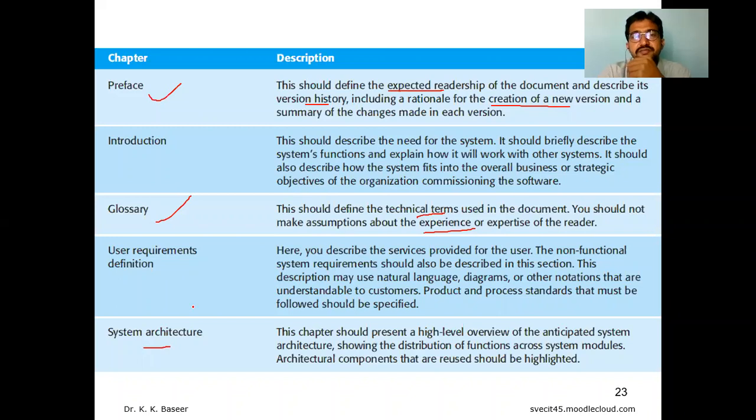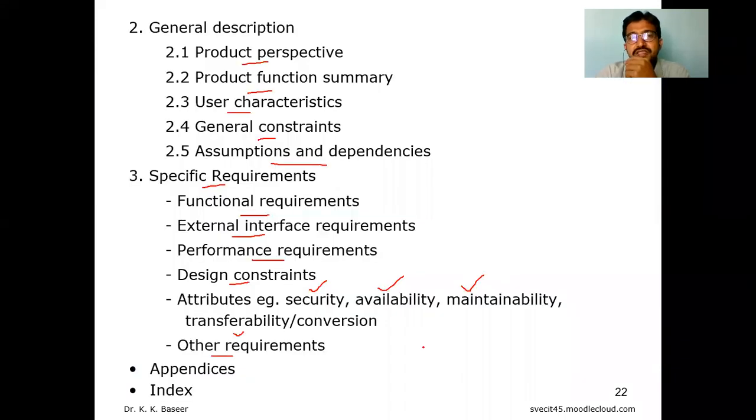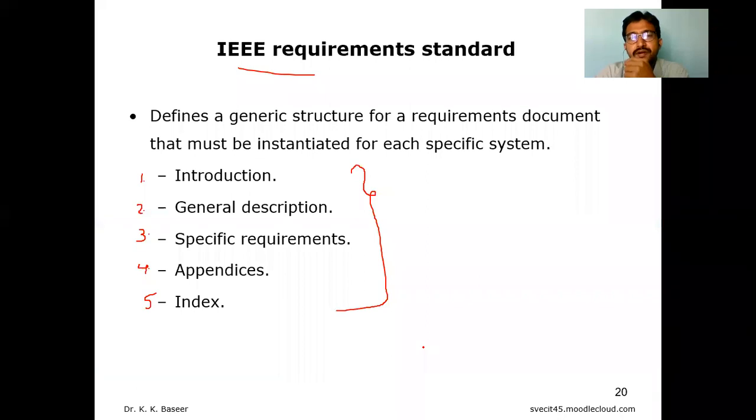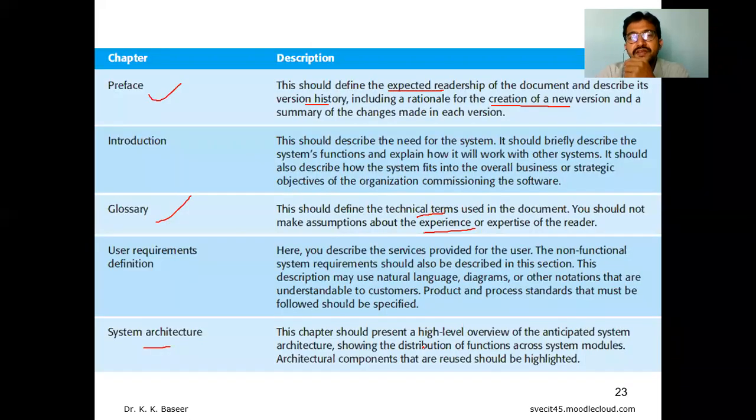Next, we'll talk about the system architecture. In the system architecture, if there is any sort of diagrammatical representation, then you can use a chapter like system architecture. So not only this template, as I said, the intro part, general description, specific requirements, appendices, index, but also you can add the preface and some glossary if you want. You can add these two chapters in the flow of your chapters.